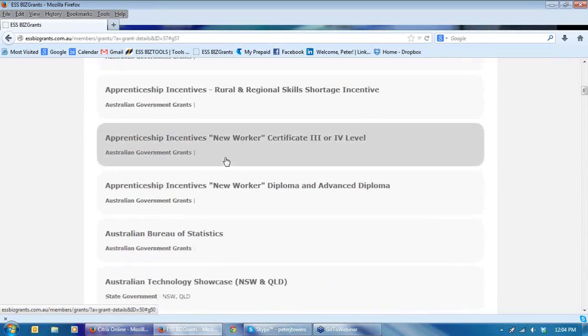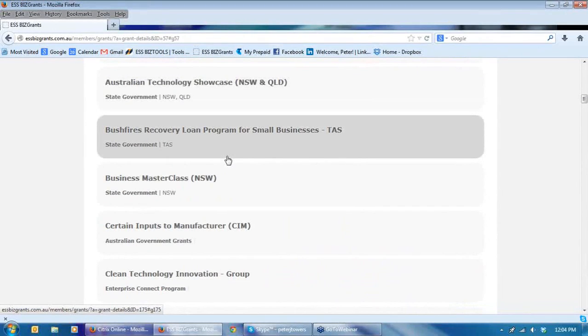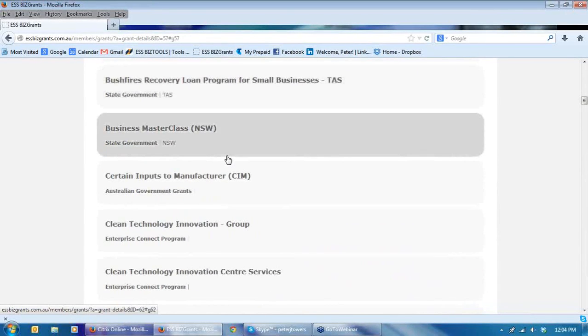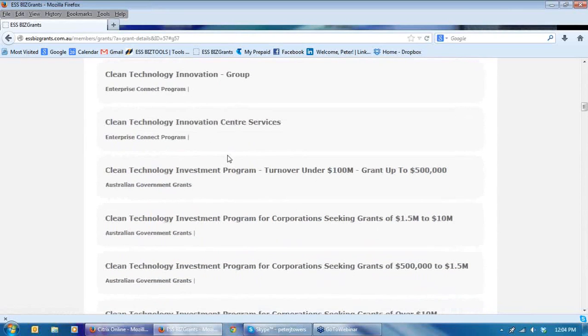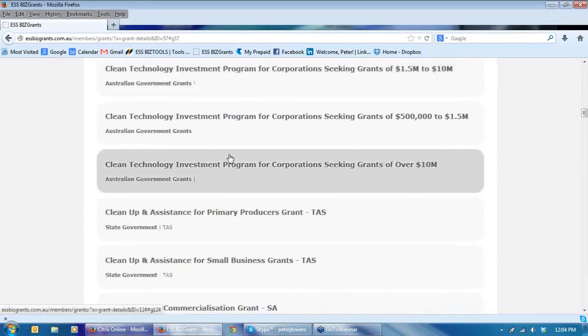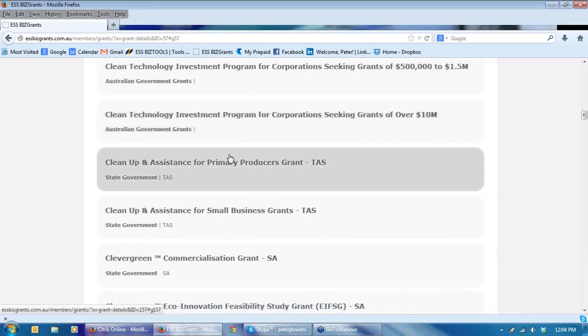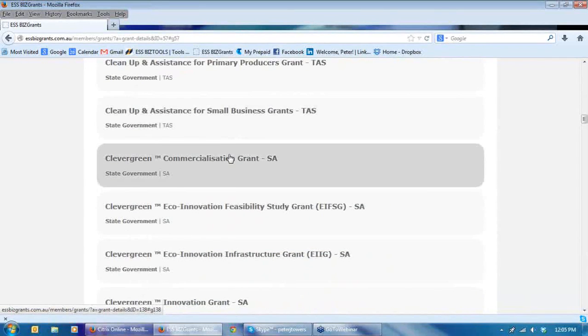There's about 8 different apprenticeship grants, so they all come up. You've got both state and federal grants that are coming up in this process, and obviously these are the grants that the system's going through and looking at. These clean technology grants, whilst they're still in existence, they're not able to process any applications at present, because the new government has basically announced that they're looking very closely at the clean technology grants, and it's suspected that they're going to close those grants down.